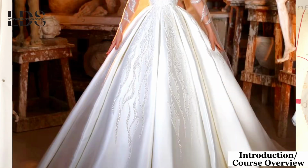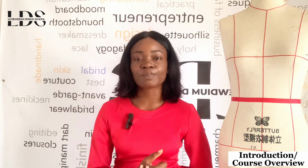All right, so this is module 1, and we'll be doing a course overview generally, talking about a ball gown. So what is a ball gown? From the word ball, when you see ball, what comes to mind is something that is big, and it gives that round fullness, that round effect. And this is one thing that's been used in the construction of bridal dresses, working a lot with silhouette. Silhouette is like the shape or structure of a thing. So one of the silhouettes in bridal wedding dresses is the ball gown, which is what we'll be addressing